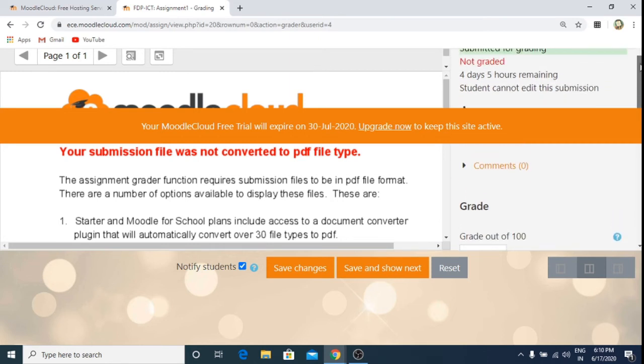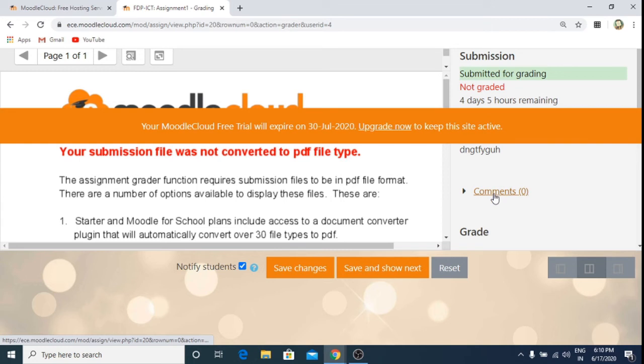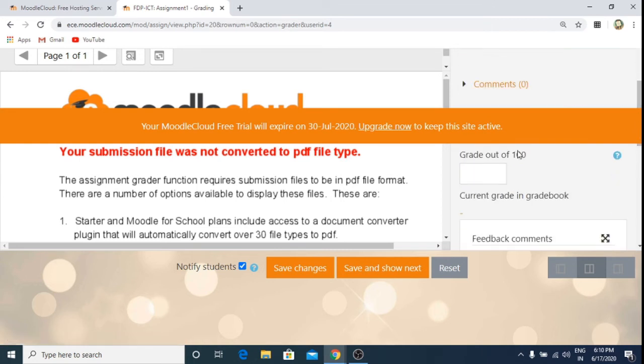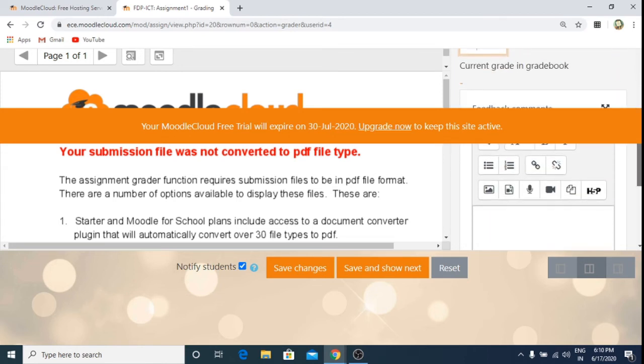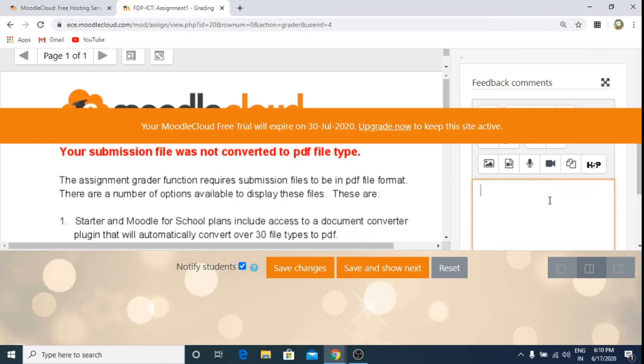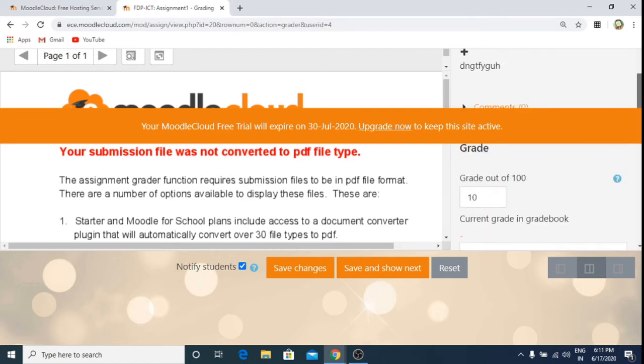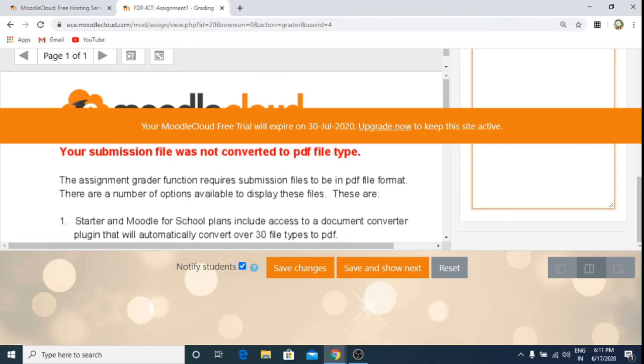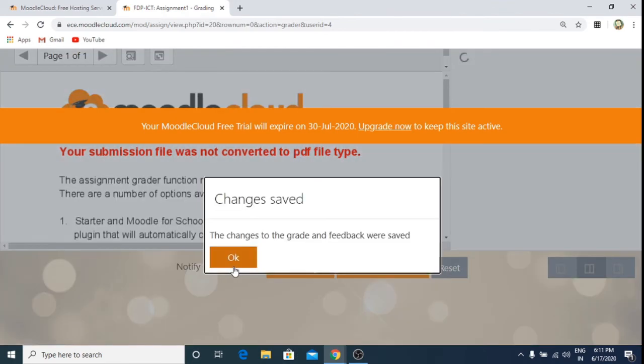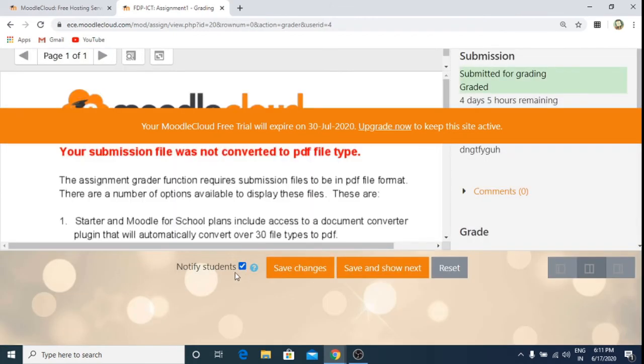So here is where I can give comments. I can grade out of, suppose, 10 marks. I can give the feedback comment: try again. And I click on save changes. Here it is going to notify the students.